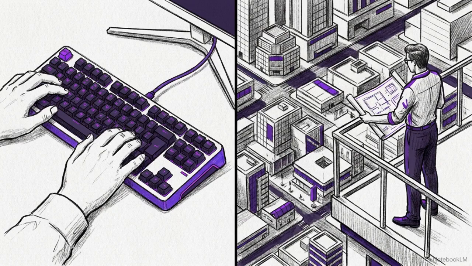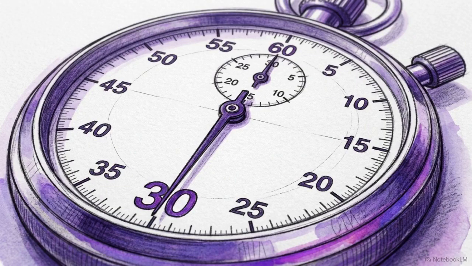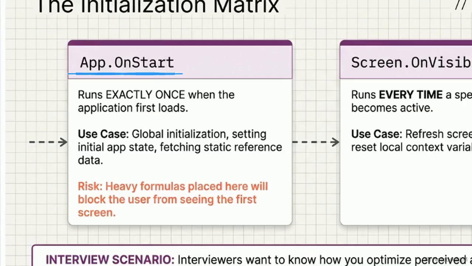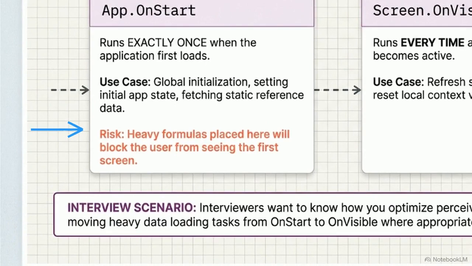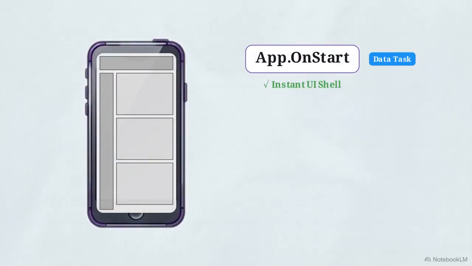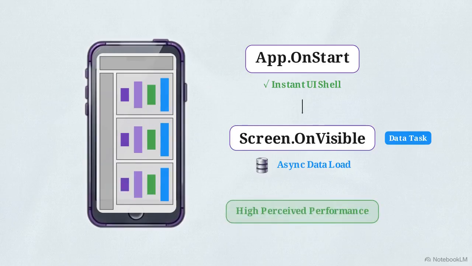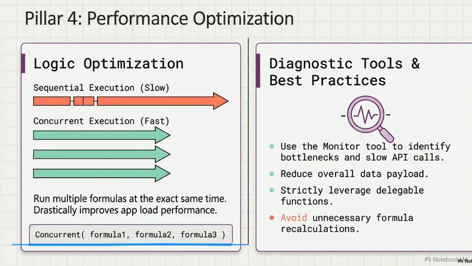The most common error is dumping heavy data fetches into app on start. This completely blocks the user from seeing the initial screen until every process finishes downloading. The architectural solution is to unblock the initial render. You shift those heavy data loading tasks to screen.onVisible, so the interface loads instantly and the data populates immediately after. When those calls do run, wrapping multiple API requests in a concurrent function transforms slow sequential loading into rapid simultaneous execution. Mastering these lifecycle events separates developers who build simple functional screens from architects who maintain sub-second response times under